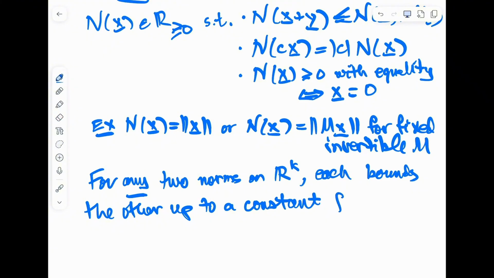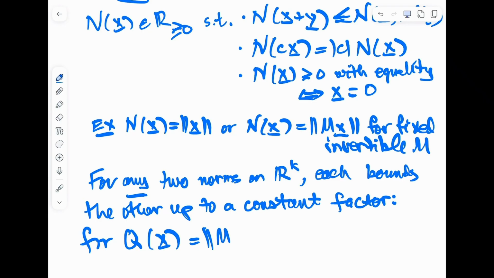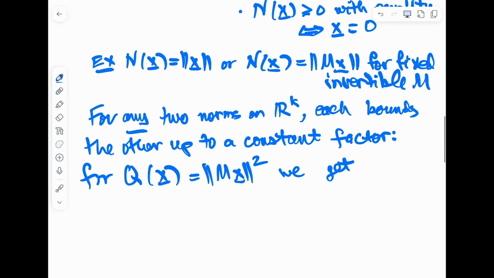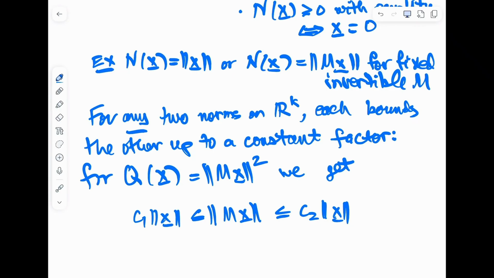So what this means is, in our case, for a quadratic form, you can always write it like that, length squared after applying an invertible matrix. We can compare this version of length with the usual version of length for some constants C1 and C2, that depend on the particular quadratic form. All right, so